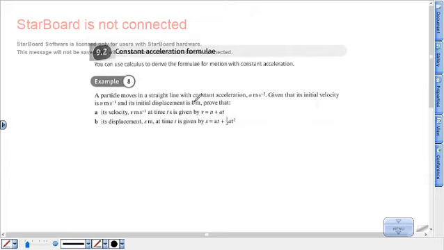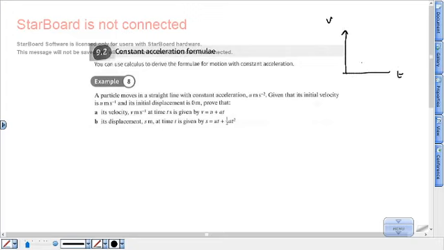Okay, this is the last video of the AS level 9.2, constant acceleration formulae, constant acceleration. So we're talking about SUVAT again. You can use calculus to come by the formula for motion with constant acceleration. Now, if you remember rightly, we did that graph of